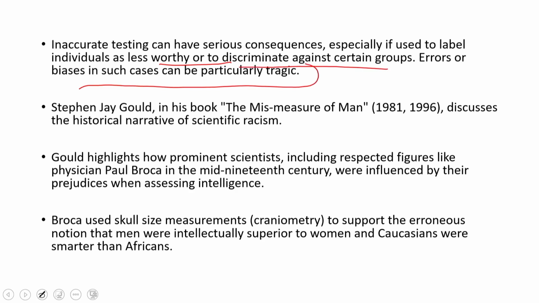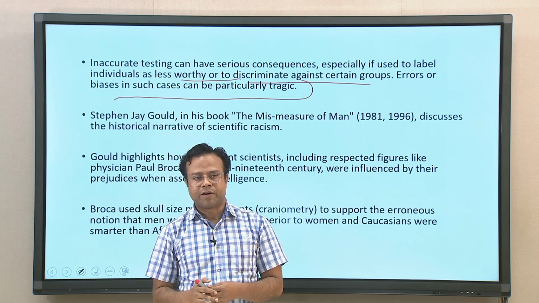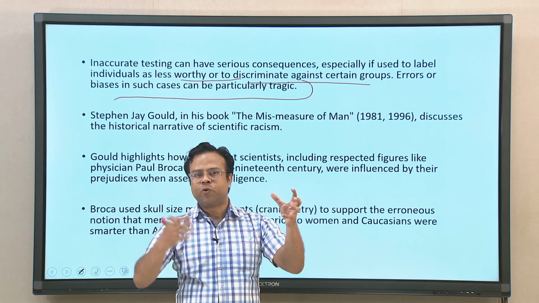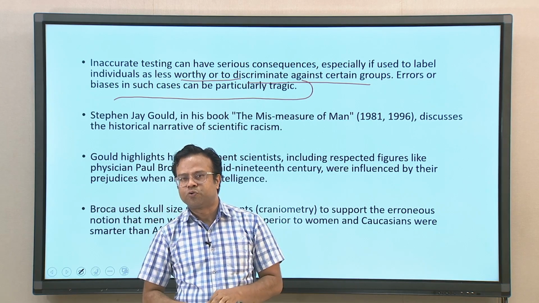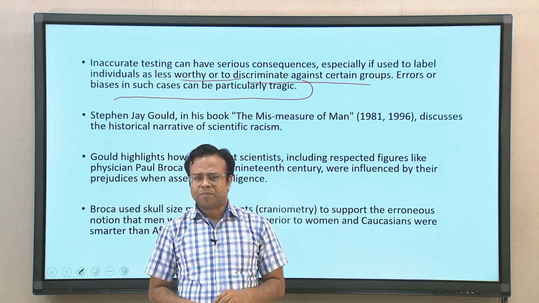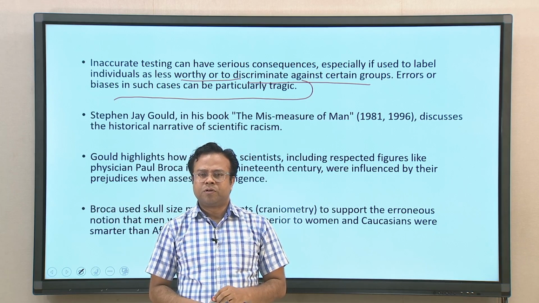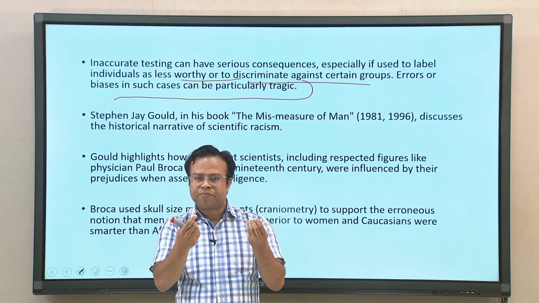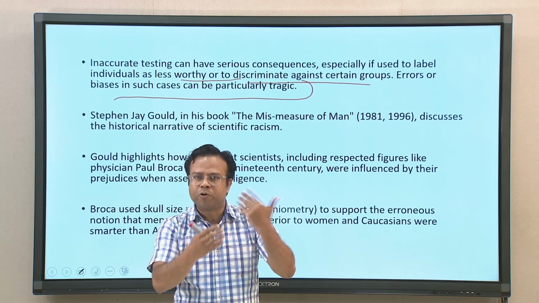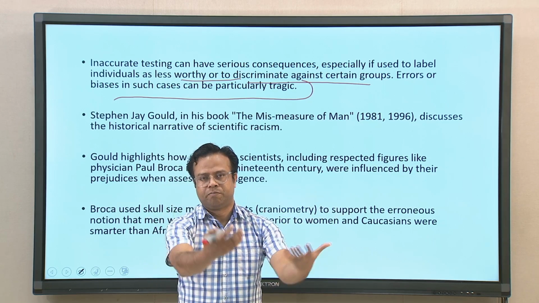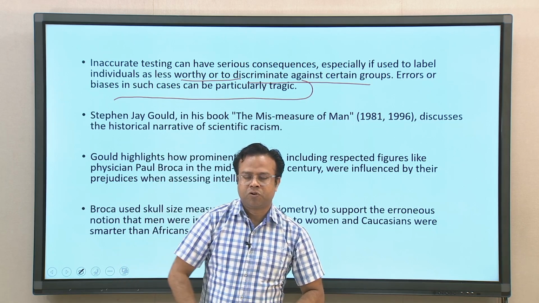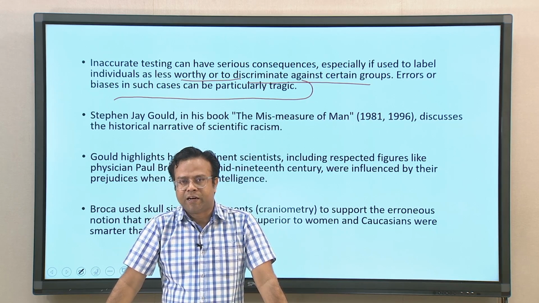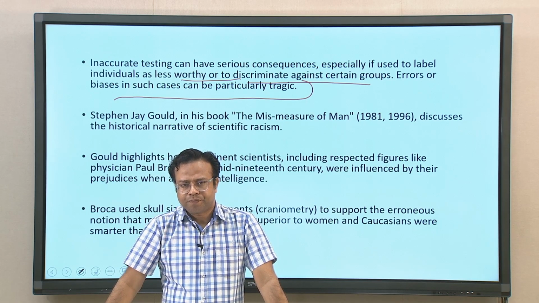If certain tests discriminate against people, which happened in lots of cases in American testing, for example school admissions, Black people were discriminated against in getting admission to schools during the civil rights movement and so on. It is possible that certain tests are developed which only a certain group of people will be more able to handle, because it comes from their background. In that sense, certain tests may discriminate against certain groups of people. Such biases could be problematic and lead to a lot of practical implications.